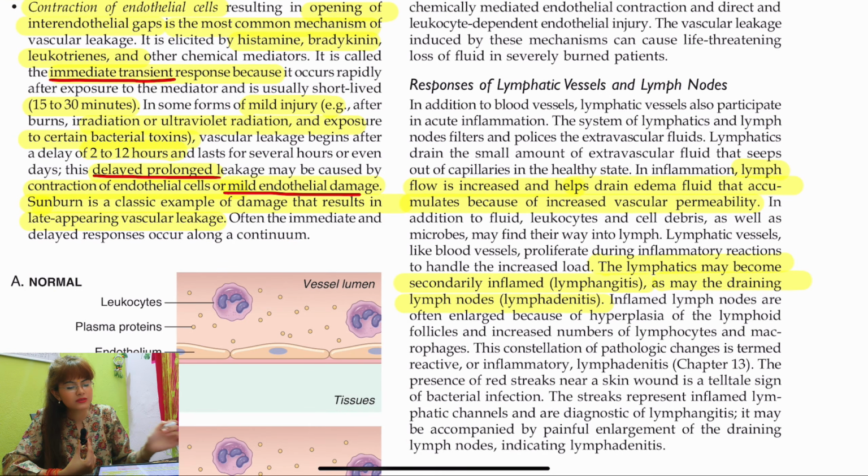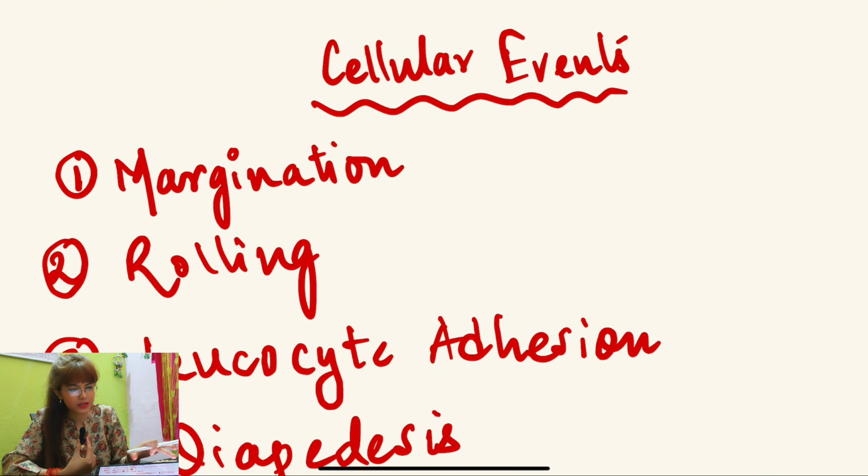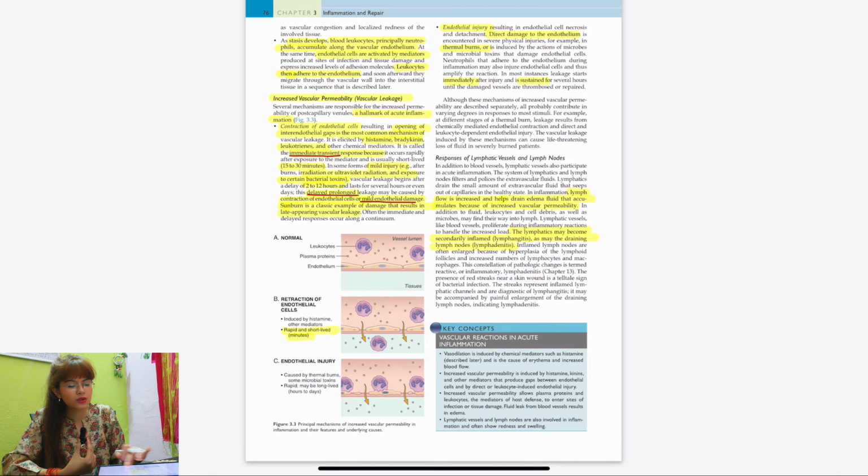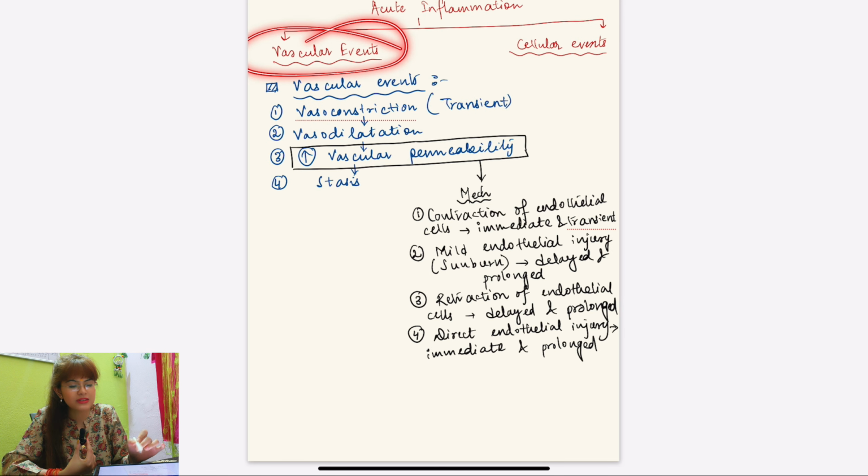Now, along with this vascular permeability, obviously the lymph flow is also increased. Because of the increased vascular permeability, it leads to certain kinds of inflammations like lymphangitis, lymphadenitis, etc. Okay. So this is the exact way that these vascular events take place up to stasis, where we have explained